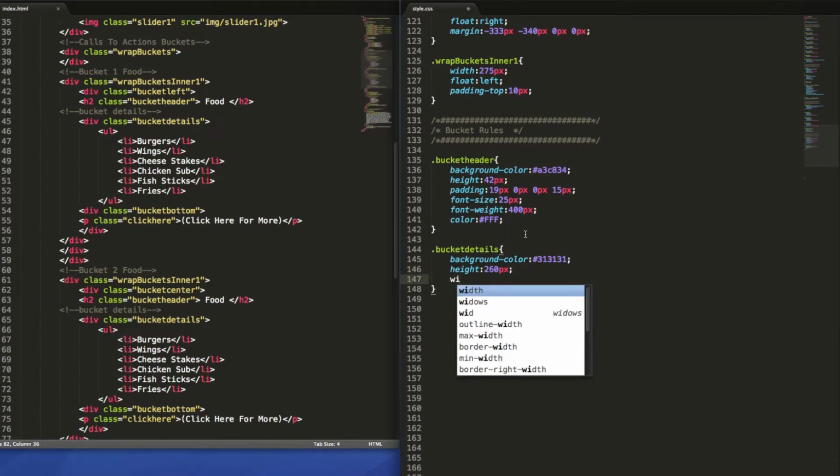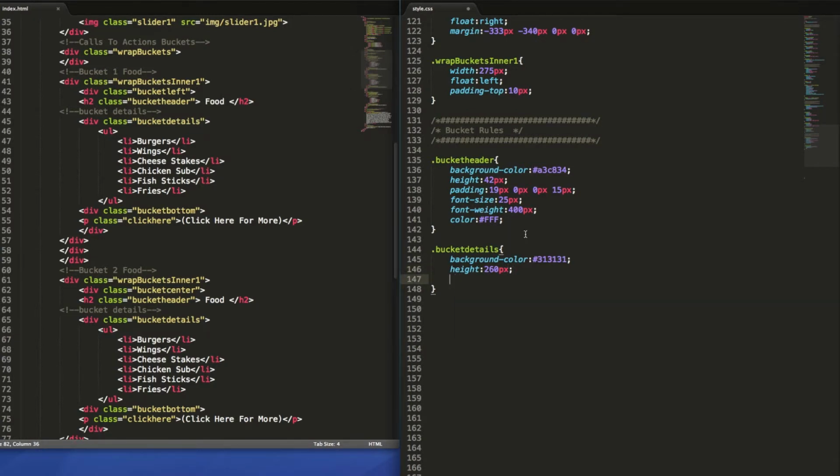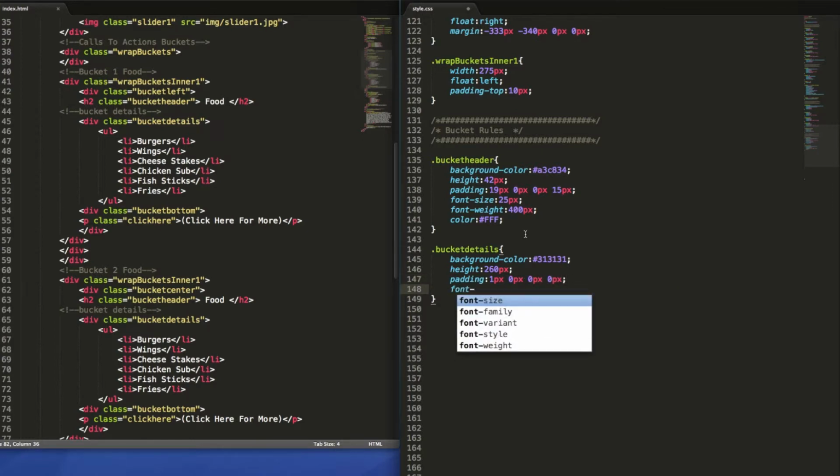The width, no, actually we're not going to use a width. We're going to use padding again. Why not? And it's going to be 1 pixel, 0 pixels, 0 pixels, 0 pixels. So I'll do that 4 times. Font size in this, I'm going to say 16 pixels. And color